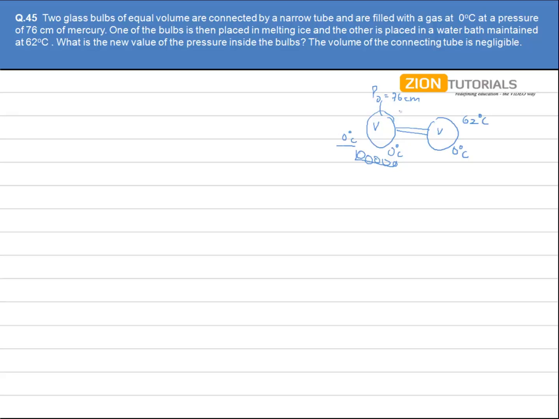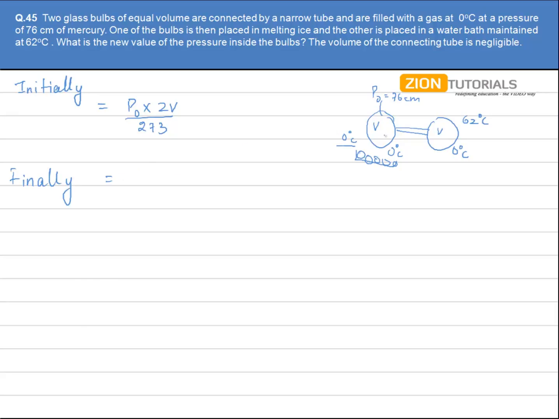So that means we can directly apply the concept that the number of moles will remain the same. Initially, the number of moles would be equal to what? P naught, which is 76 centimeter, into the total volume available for the gas, which is 2V, divided by the temperature, 273. And finally, if I talk about the number of moles, this would be equal to